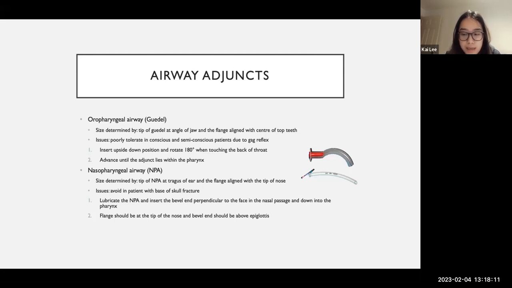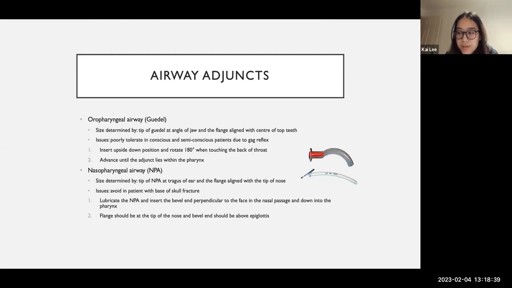How we determine the size of that is by measuring the tip of the nasopharyngeal airway to the tragus of your ear, and the flange will hopefully align with the tip of your nose. The problem with this is that we normally would like to avoid using this in patients with a base of skull fracture. And some more advanced adjuncts would be like a laryngeal mask airway, which would allow you to